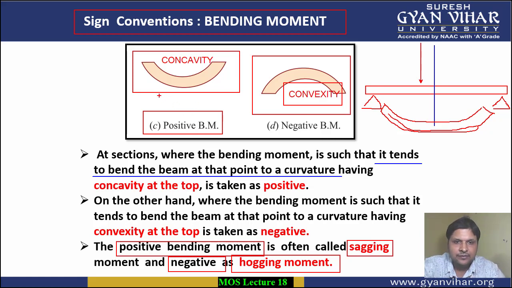So here, this one which has concavity at the top is known as sagging. This particular type of bending moment is known as sagging, and the one which has convexity at the top is known as hogging. Alright, so these were the sign conventions used for bending moment. Now moving further, students,